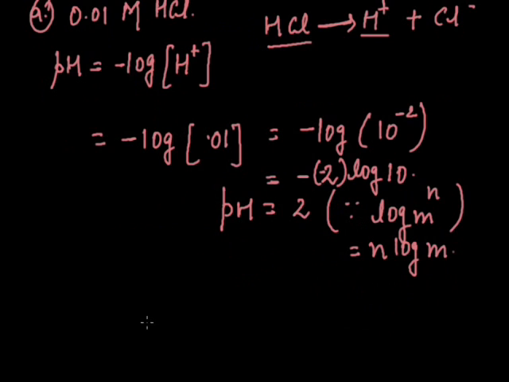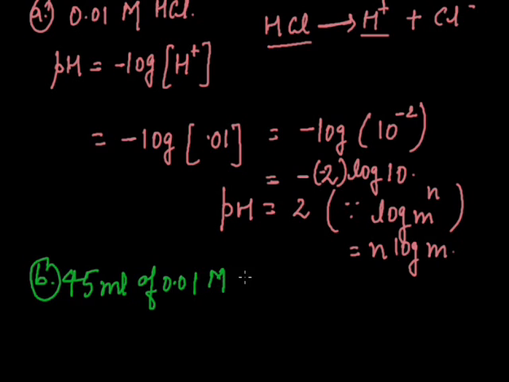What is the second one? We have to calculate the pH of 45 ml of 0.01 molar HCl and 45 ml of 0.01 molar